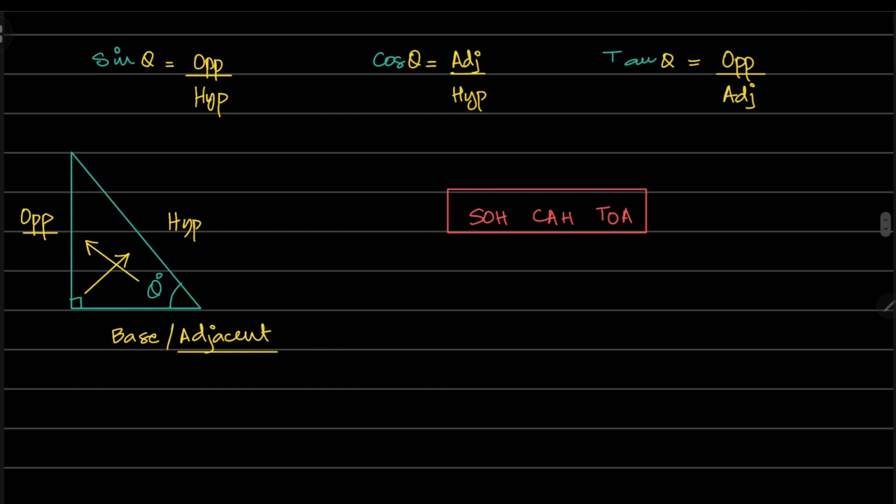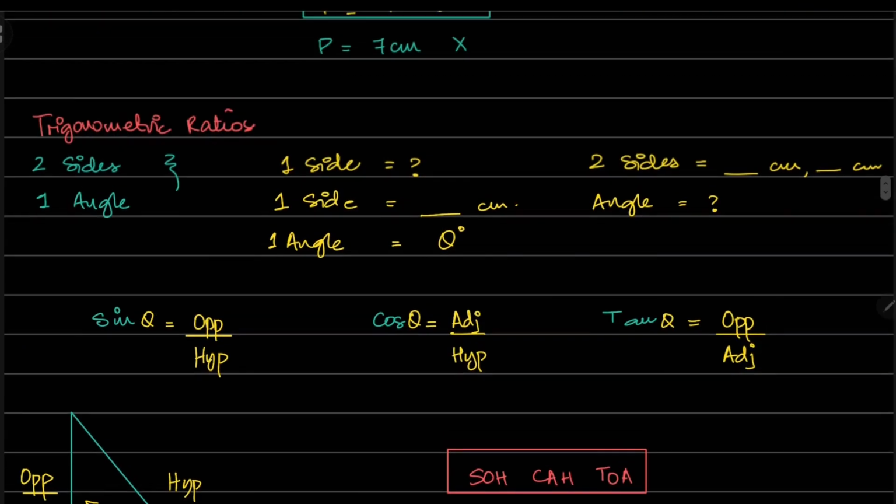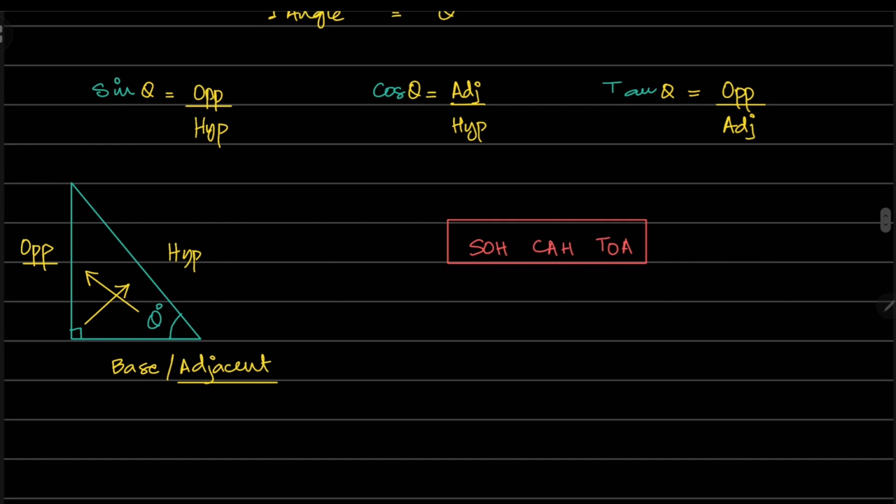Okay, now this guy right here is telling you about sine. This O says that this is the opposite side, and this H says that this is the hypotenuse that we're concerned with. In this case, it's going to be cos, the adjacent side, the hypotenuse, the tan, the opposite side, and the adjacent, and so on. Alright, now once again, this will only be used when you've got a right angle triangle,